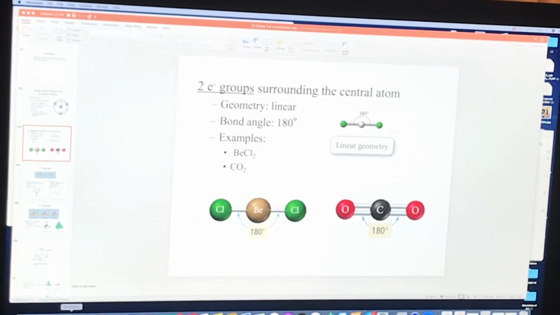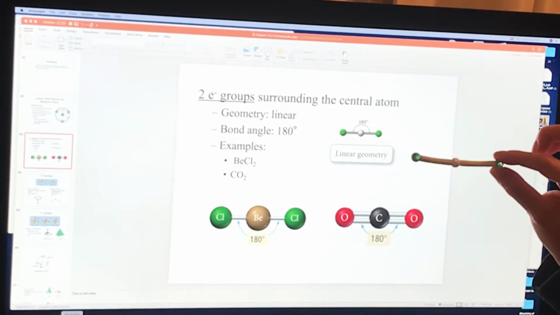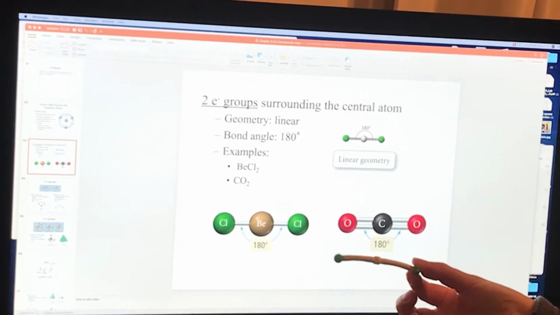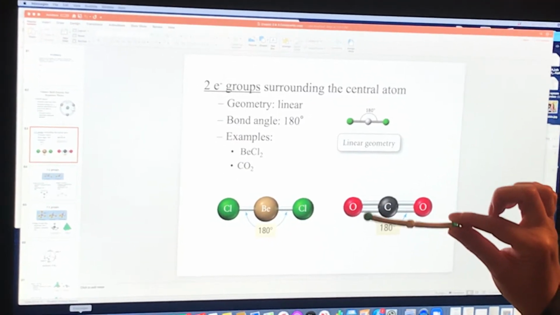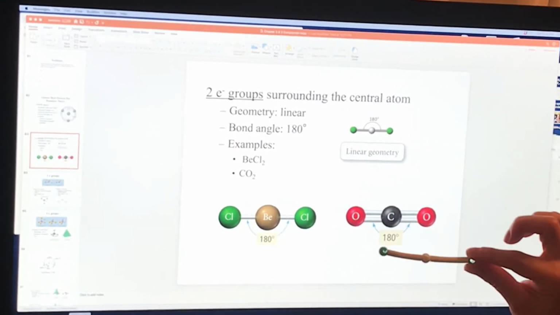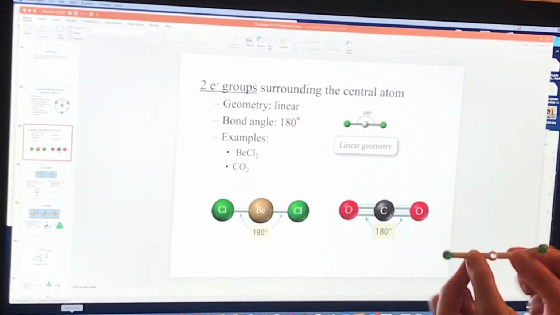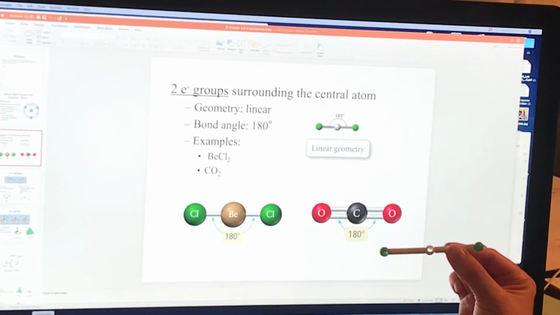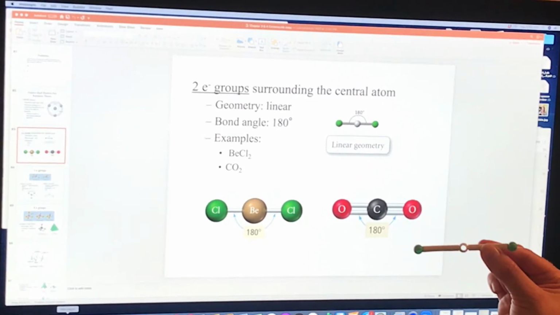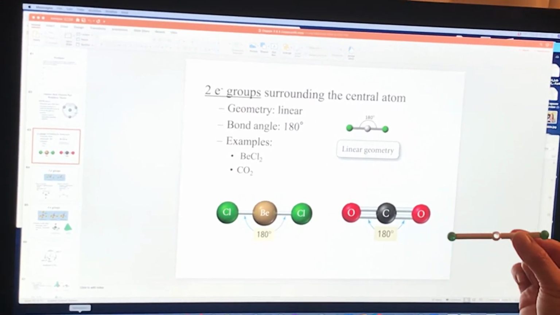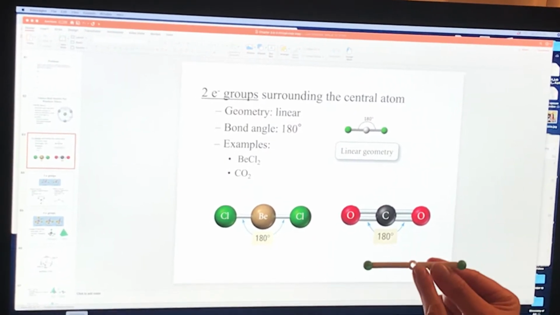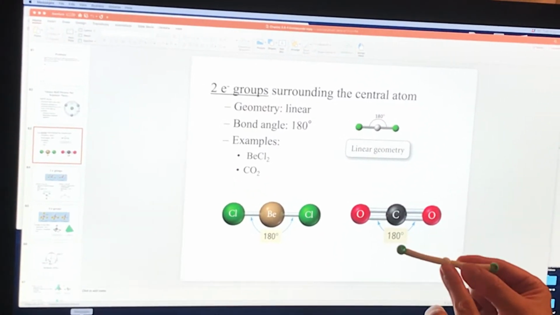Hi guys, I promised you a video with little models of this so I could show you the angle so it would be in 3D. For some of them I have good models, and for some of them I just have these tiny little weird ones because I wasn't able to get my entire set from my office, but you can deal with it. Okay, so when we're talking about a central atom,